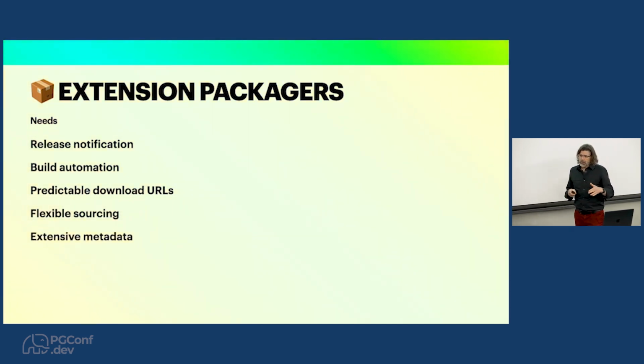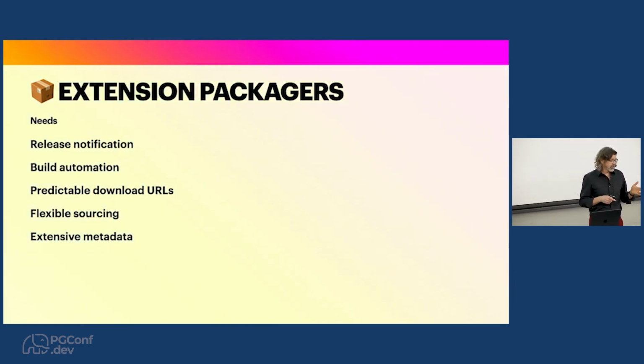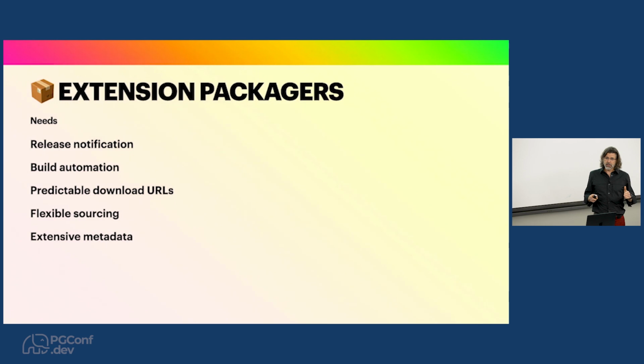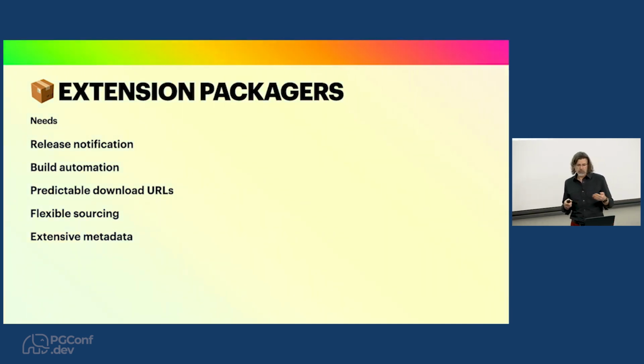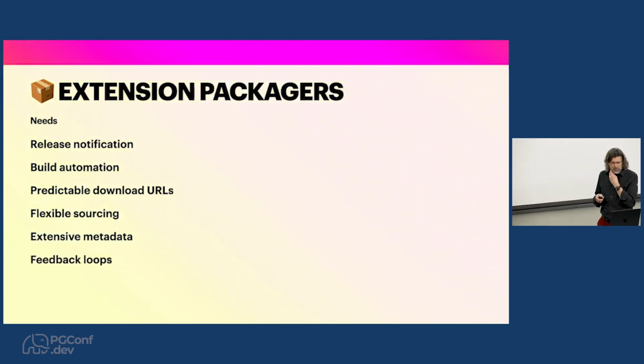In order to do any amount of real automation, they need extensive metadata. This is particularly true if you have third-party dependencies, like I think of PostGIS is the poster boy for this. It has a whole bunch of external dependencies. It'd be useful to be able to declare those as an extension author in your metadata so that these packaging systems can see it and know, okay, we need to install this and include this as a dependency through our RPMs or DEBs or what have you.